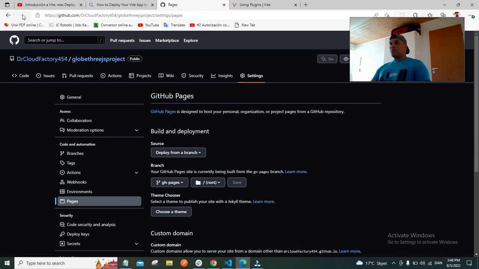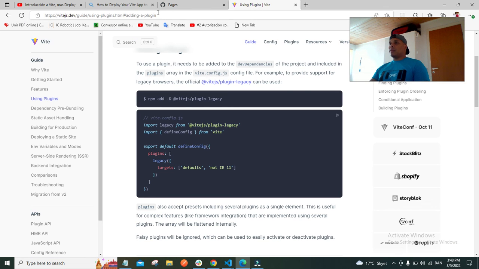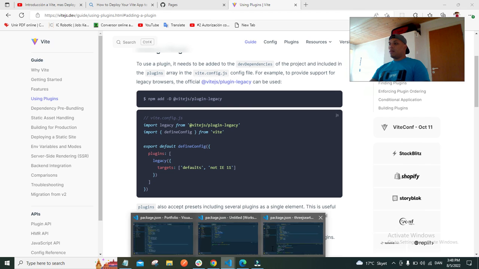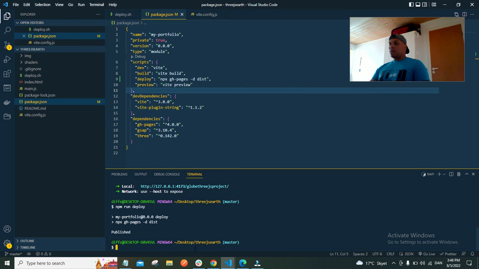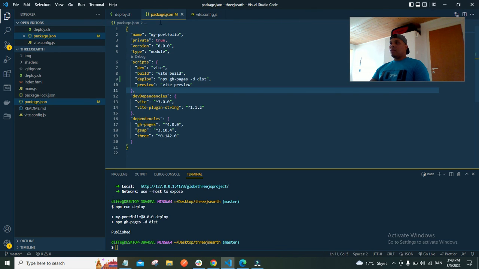Sometimes you have to wait because you need to know what is the correct project that you are building at this moment. So you can see here what is going on when we open in preview. I know there are some rules that I am not following. Package JSON, let's see if everything is